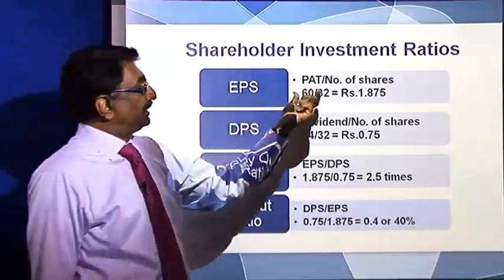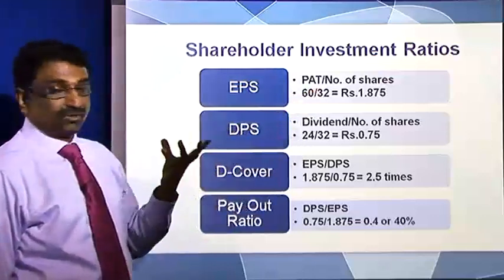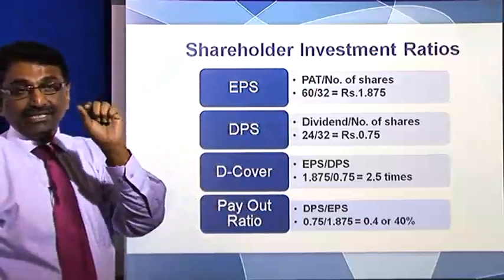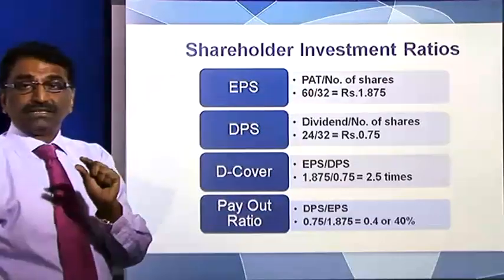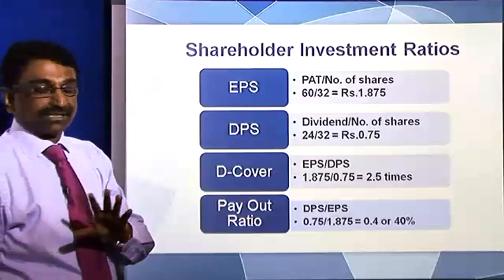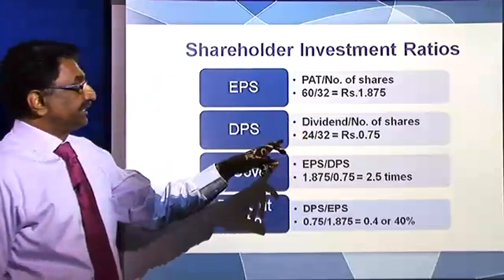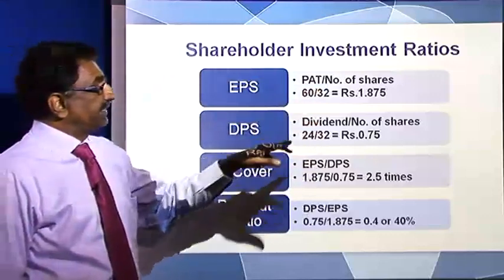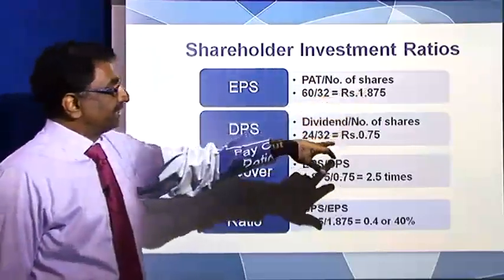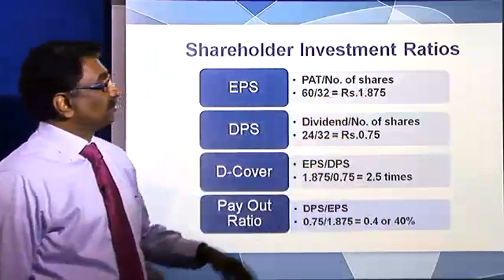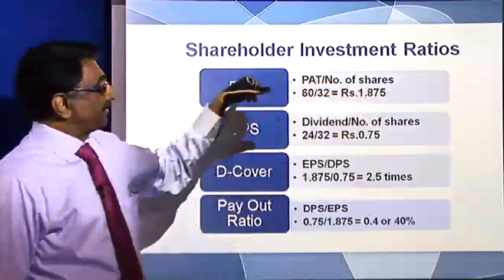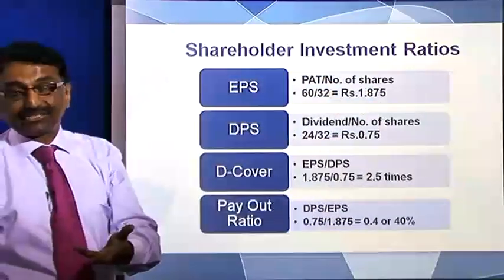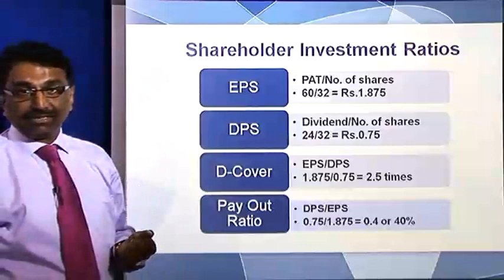Out of this total earnings, a certain amount is paid as dividend. So what accrues to the shareholders is the earnings per share, of which a certain part is paid in cash to the shareholders. That is the dividend per share. So the cash portion out of the 60 which was earned was 24, divided by the number of shares is 0.75. So out of 1.875 of earnings per share, 0.75 was paid out as cash to the shareholders,